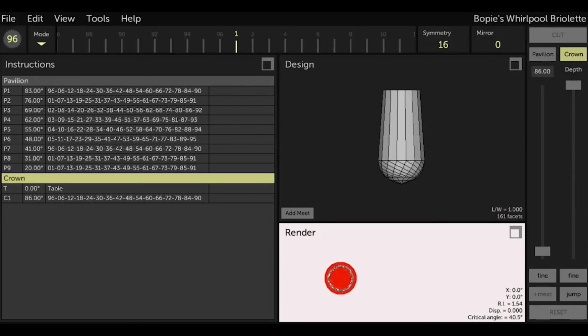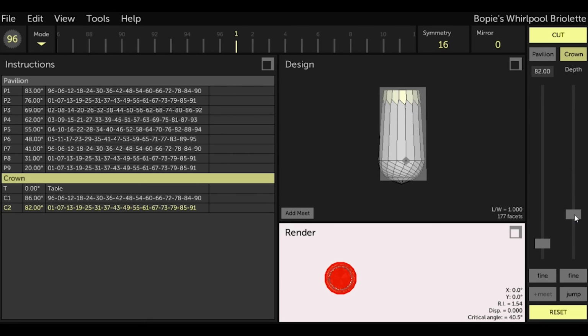This will be row or tier C2, and for this row we add 1 to our index teeth again, and we start in this case with tooth 1 and cut every 6 teeth. For the angle, again we subtract 4 degrees from the previous angle and cut at an angle of 82 degrees. We set the meet point to meet the C1 P1